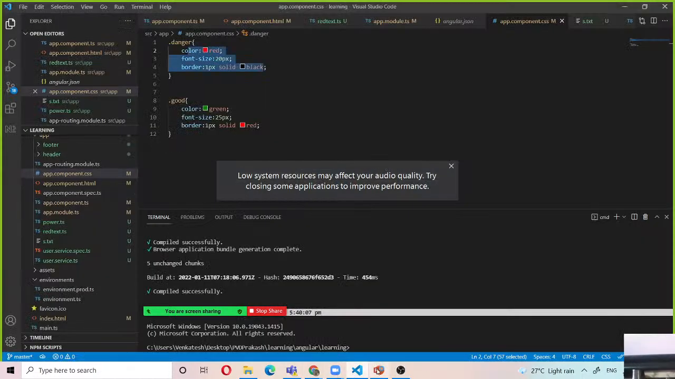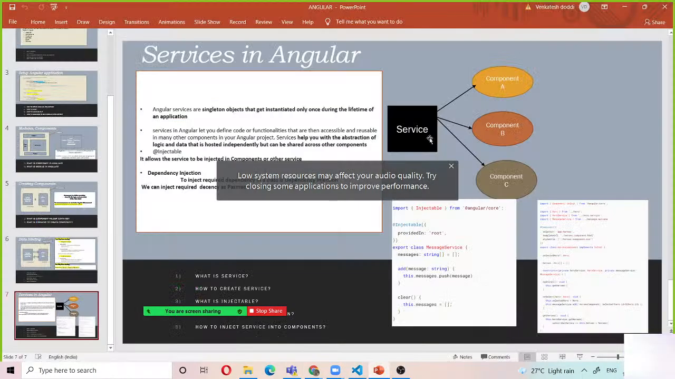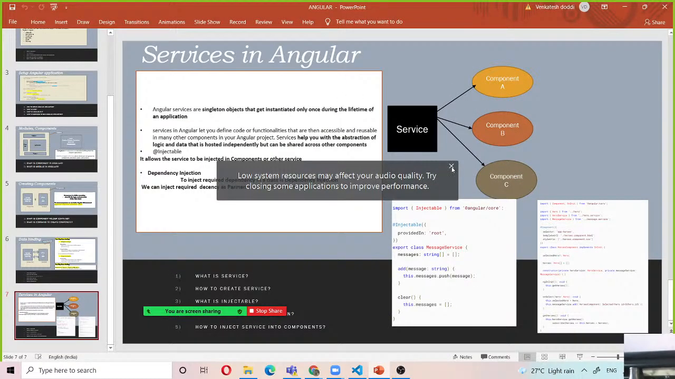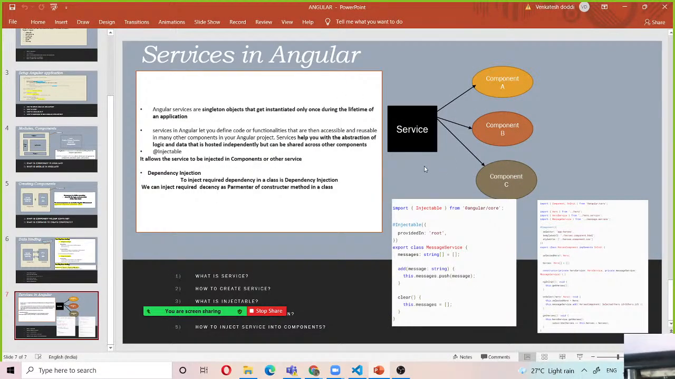Okay, in today's class, I am going to explain what services are in Angular. What are the services in Angular? Why do we use the services in Angular? Okay, let me start. What are the services in Angular? And using the services, how do we get data from the API? The main concept is